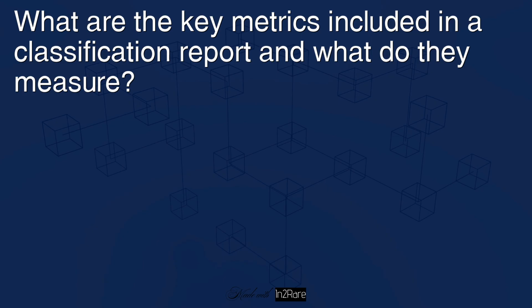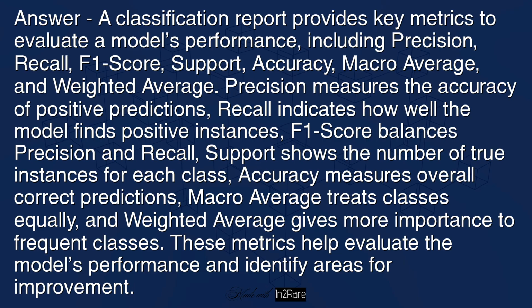What are the key metrics included in a classification report and what do they measure? Answer: a classification report provides key metrics to evaluate a model's performance, including precision, recall, F1 score, support, accuracy, macro average, and weighted average. Precision measures the accuracy of positive predictions, recall indicates how well the model finds positive instances,